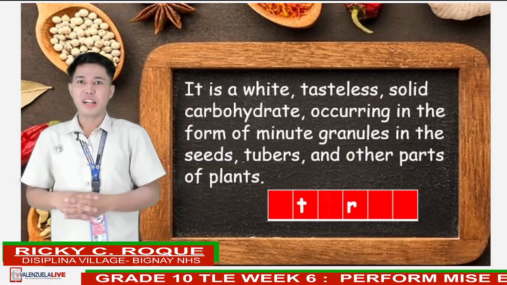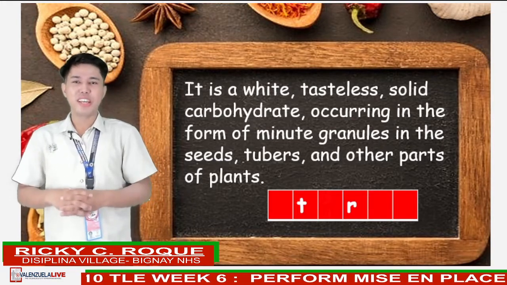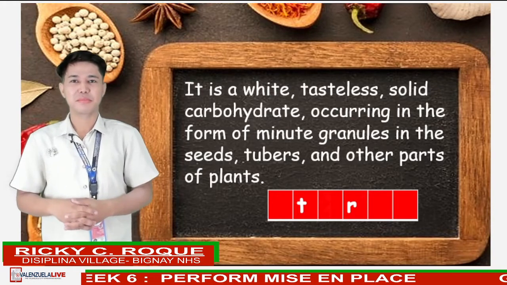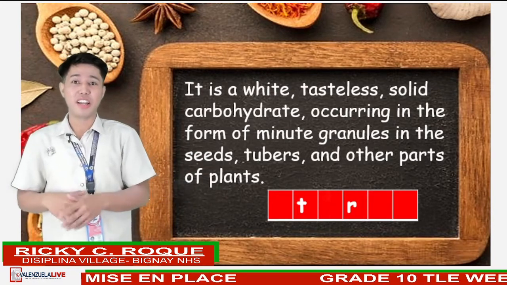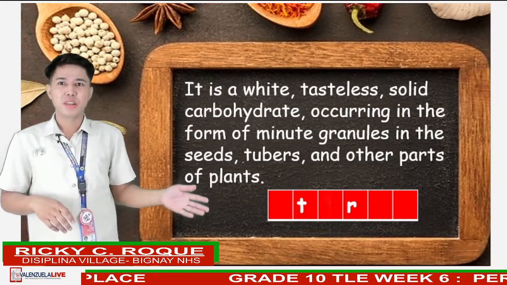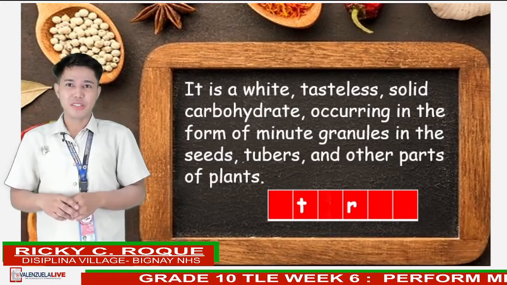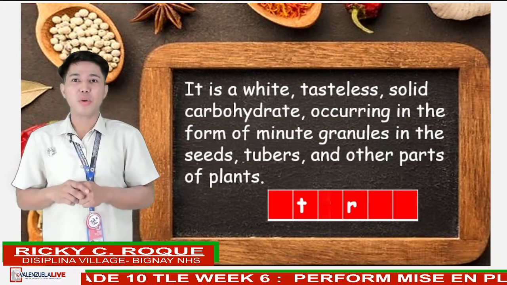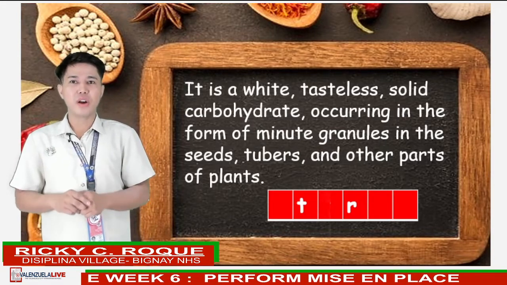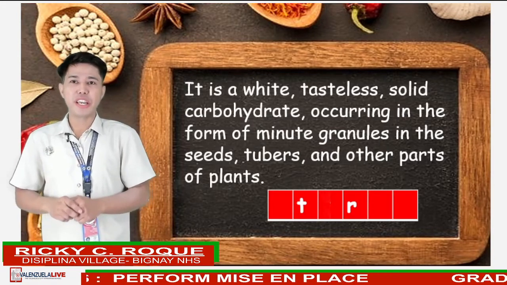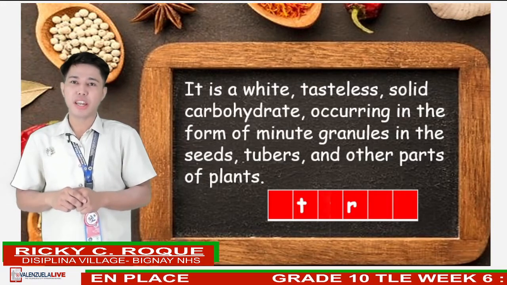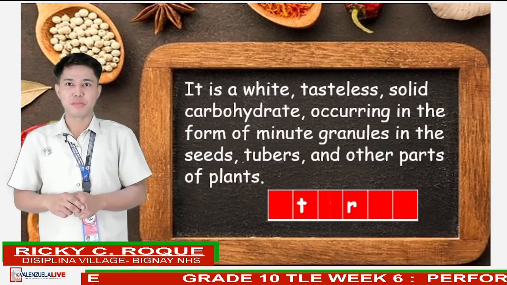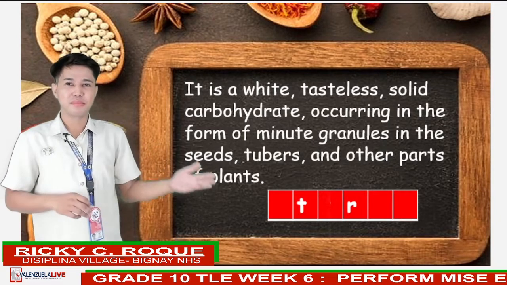Given the meaning, let us complete the letters inside the box. Okay, what is inside the letters inside the box? The statement is: it is a white, tasteless, solid carbohydrate occurring in the form of minute granules in the seeds, tubers, and other parts of plants. The answer is